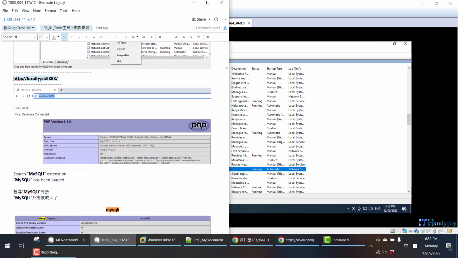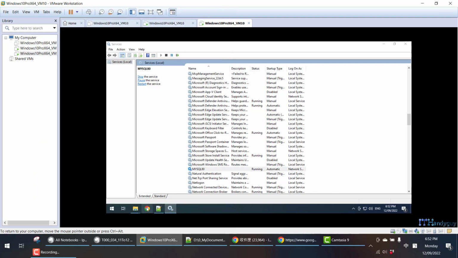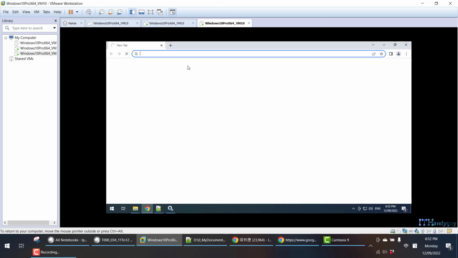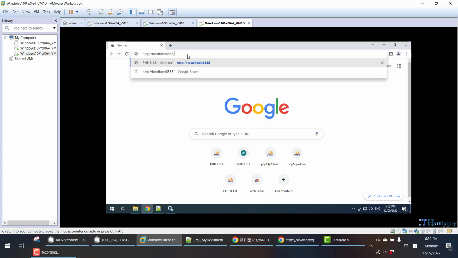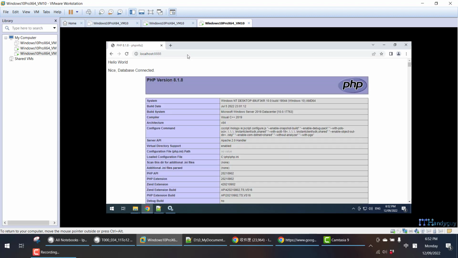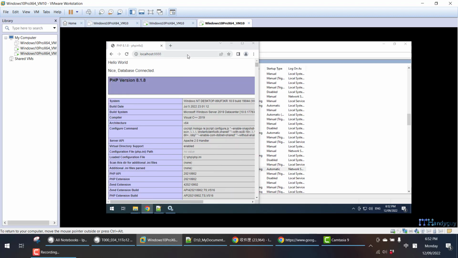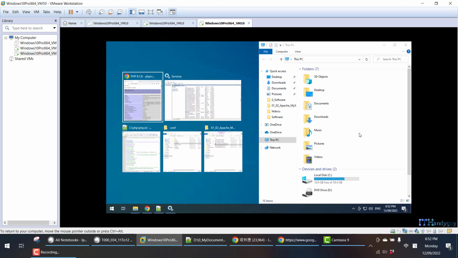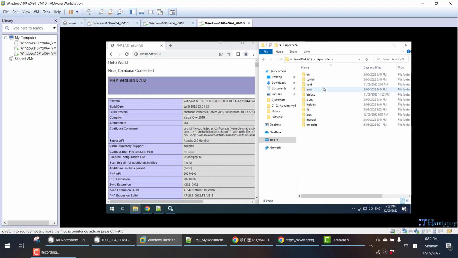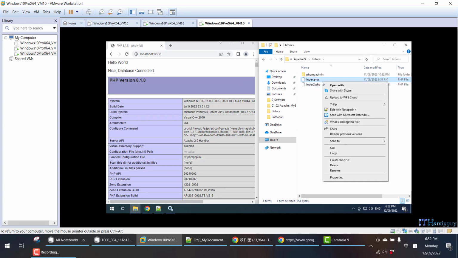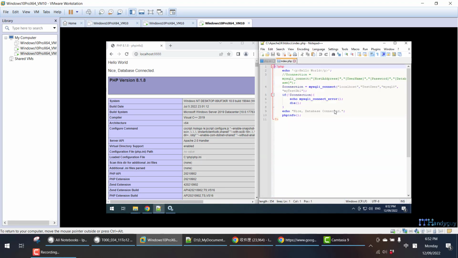Okay, the next one is you can try the localhost. Try to run the localhost. In the previous video, I updated my Apache port to 8888. Therefore, I have to type 8888. So basically, after you set up everything, you go to C drive, Apache, htdocs to check your index.php. Over here, you will see this is the hello world, and this is the database connected, and this